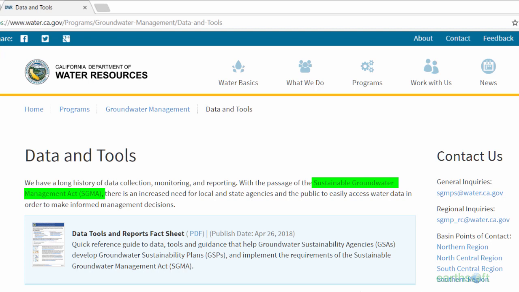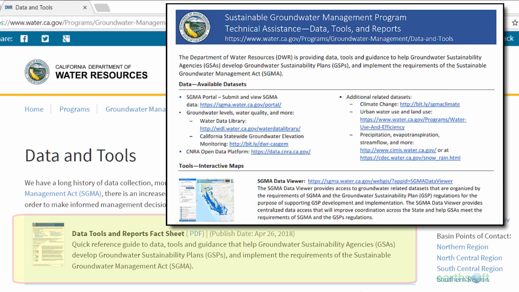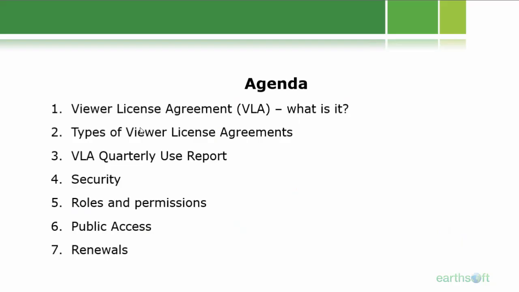Groundwater Management Act, SGMA, they're calling it. And this is for drinking water, public water sources in these different segments around California. And here's a section on the data tools that are required for that reporting. So just a couple of examples and some sites where this is now becoming a regulatory issue. I'll go back up one to our agenda.